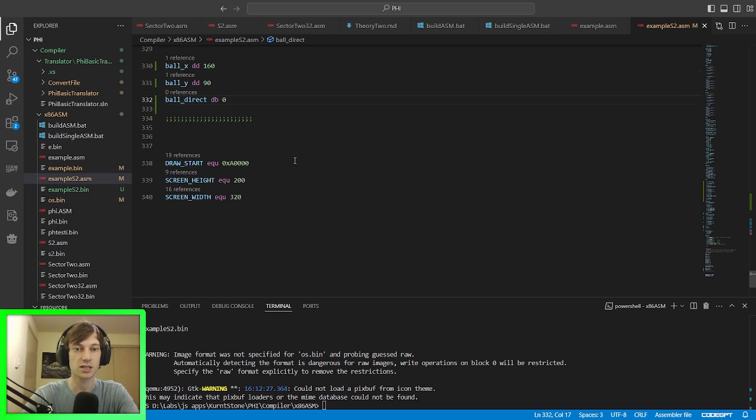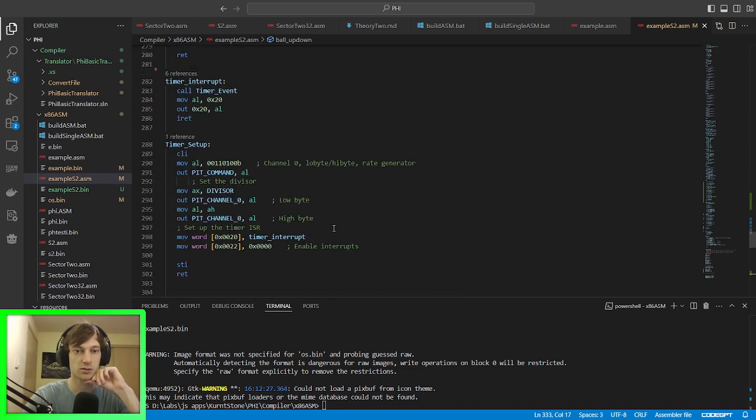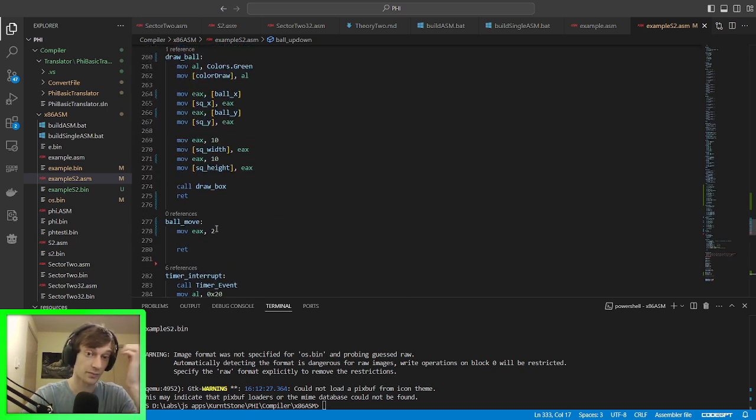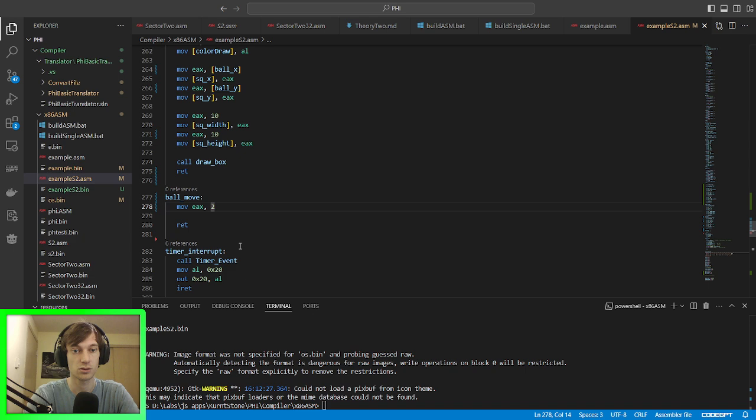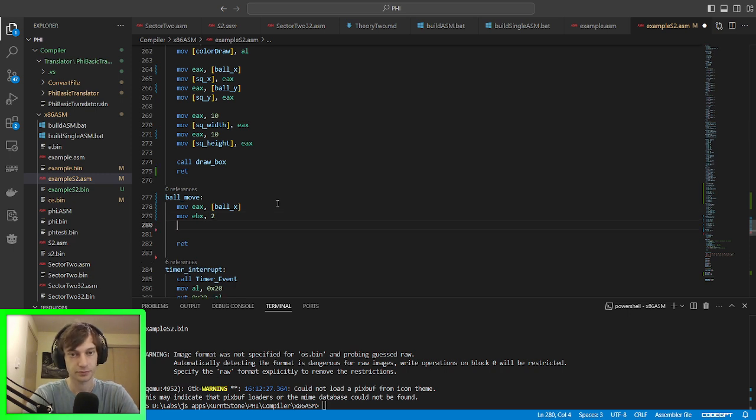So there also needs to be ball up down, whether or not it's moving up or down. Well, we need to actually move the ball X into this one. And then we need to move 2 into EBX, which is going to be the speed. And then we need to compare